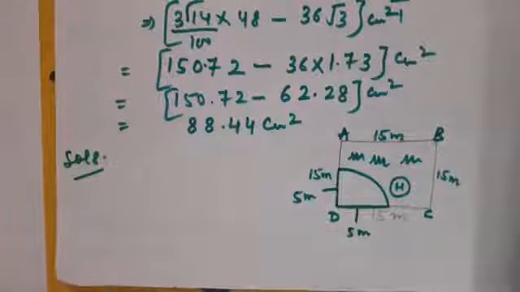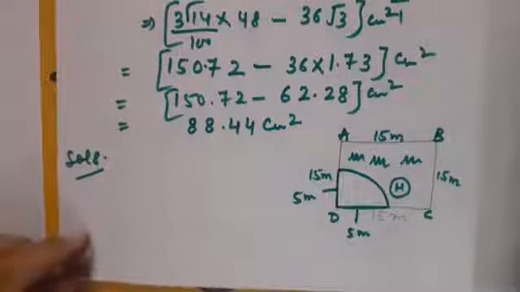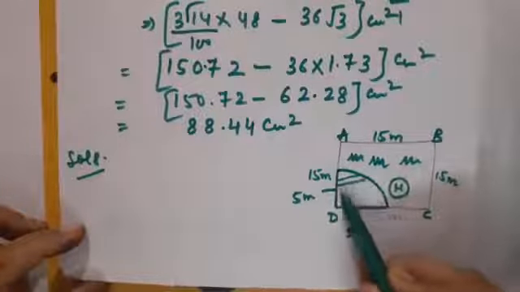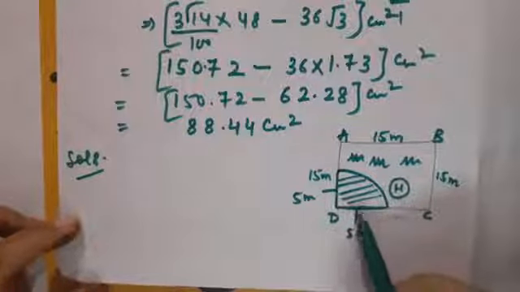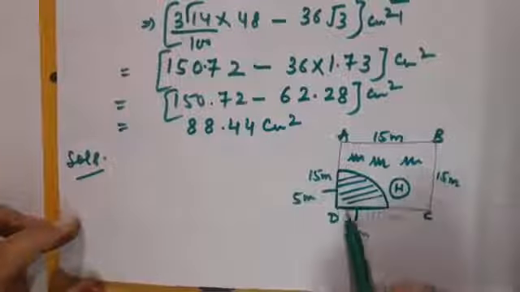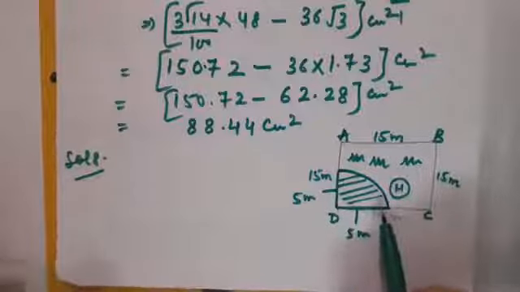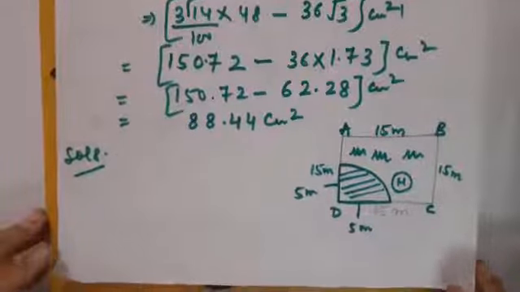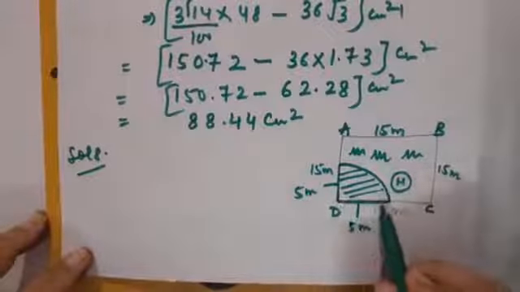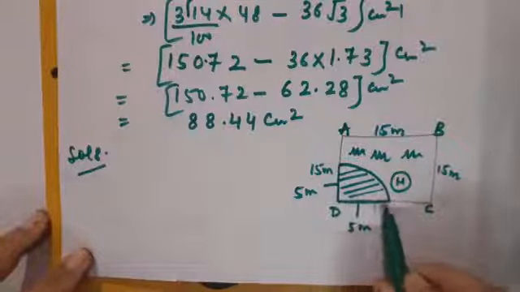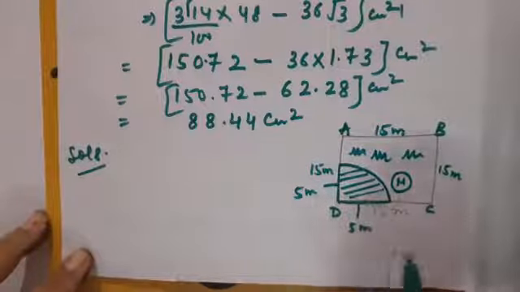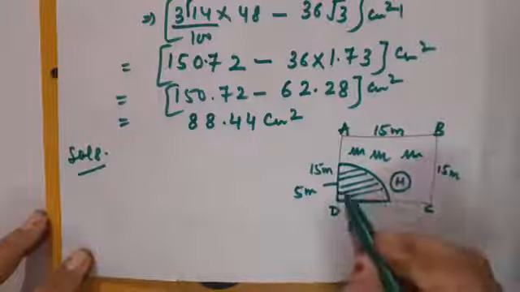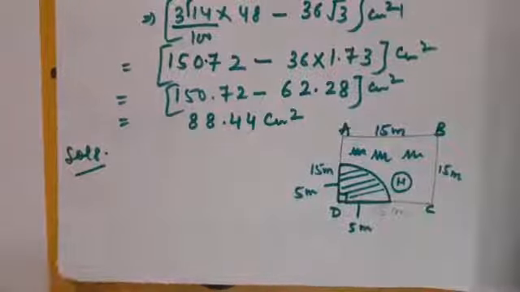Correct? Now what do we have to calculate? We have to calculate the area of the part of the field in which the horse can graze. So the horse can graze in this part, because though the complete area is 15 meter, the horse can graze up to that much level only, where it will be easy for the horse to move. As it is tied with the 5-meter long rope, it is going to graze the area up to 5 meter only. So children, here definitely it will be 90 degree, because we are dealing with the square.